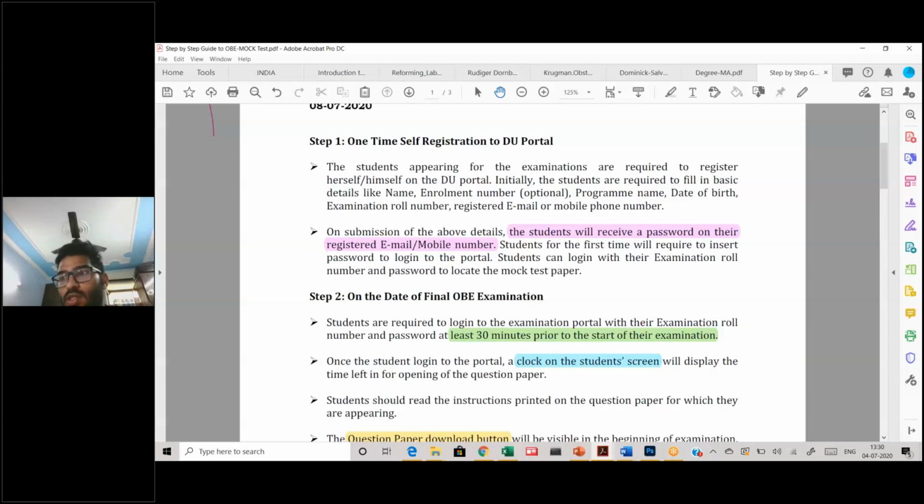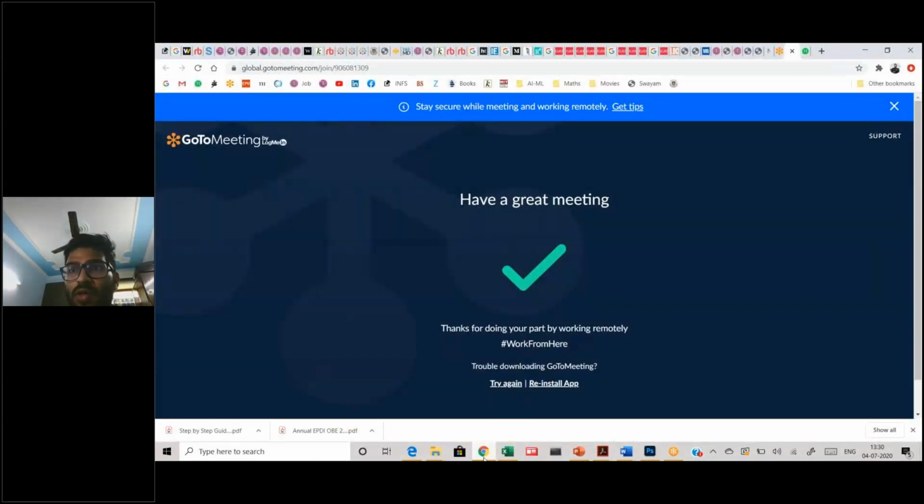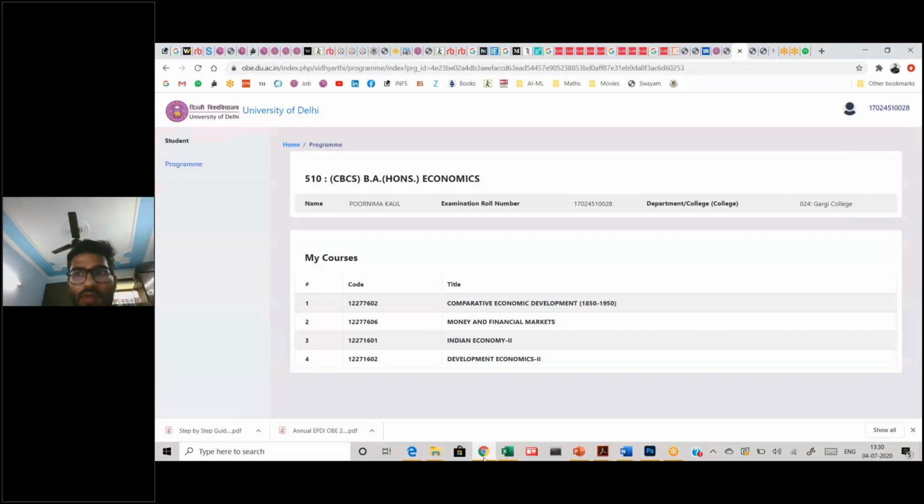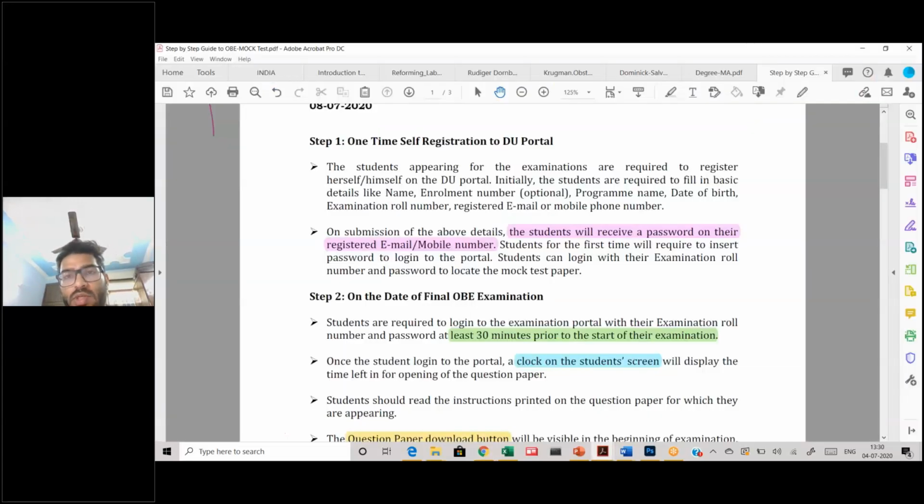So what you need to do is, when you log into your account now, as in my case, when I was logging in through my account, I'm using Purnima's account right now. So what you need to do is fill in all your details. You will have an OTP on your mobile, and you will also have an OTP on your registered phone number as well. So if you have a problem at this stage, we'll see how you do that.